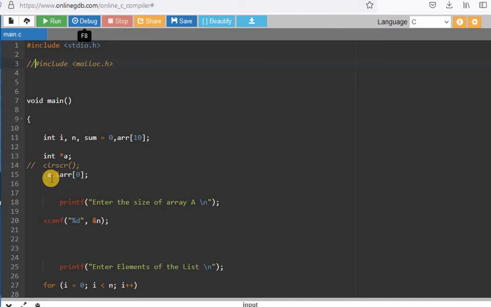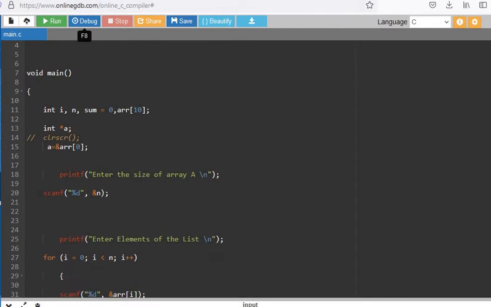Now this is the very important statement: a equal to address of array of 0. What does it mean? Here a is a pointer variable and we are assigning the very first value of the array, and the address of that value is stored into the pointer a, meaning address of array of 0. So 0 means the very first value stored in the array. This is the first address. So what we do in this program, we assign the address of the first value of an array to the pointer.